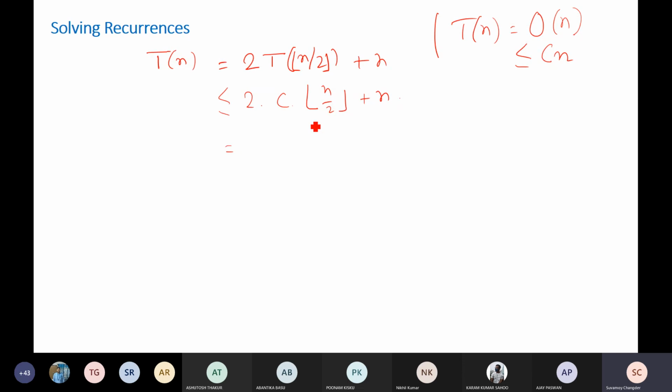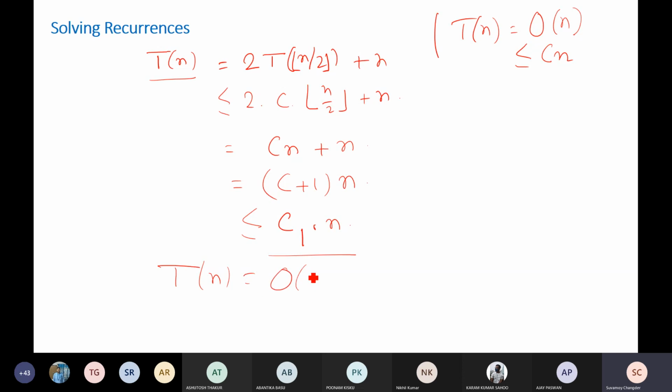So that is equals to cn plus n, that is equals to (c plus 1) into n, that equals to some constant c into n. Therefore, our assumption is correct, because as per the definition T(n) is less equals to some constant into n. So we can write T(n) equals to big O of n is a correct guessing,